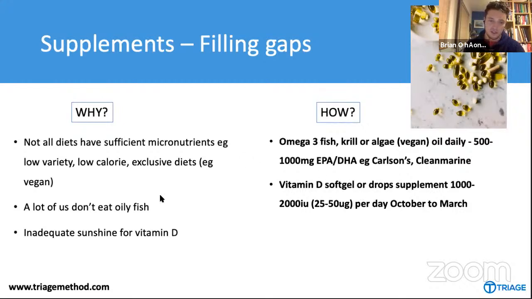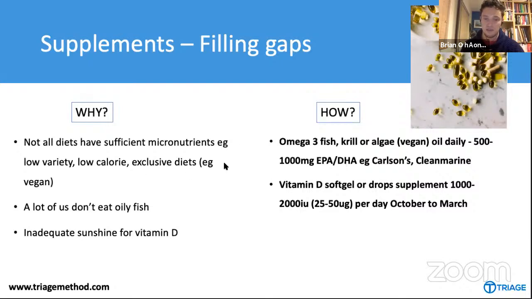For the omega-3s that are coming from oily fish, or if you're not eating oily fish, it's important to note that these have to come from the sea. So there are some omega-3s in walnuts and flax seeds, so plant sources, but they are not the same as what we're looking for here, okay? So it has to be these marine sources. So from fish oil supplements, krill oil supplements, or if you're vegan, you have to get an algae supplement. Okay, 500 to 1,000 milligrams of EPA and DHA per day.